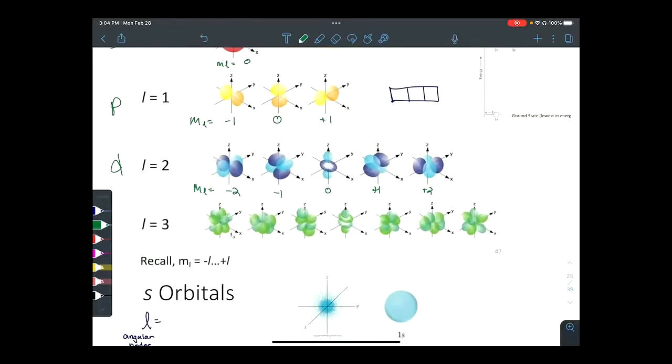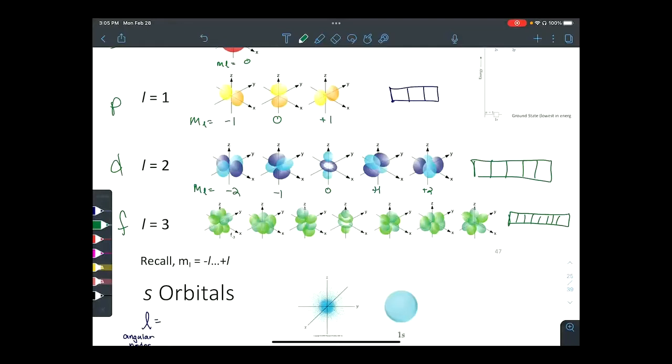That's why we have 5 different shapes. So you can imagine we can have 5 different boxes for a d orbital. And then the same thing for our f orbital. We don't really think about f orbitals too often. All right, and there would be 7 boxes or 7 different unique orbitals, and I have those shapes here. So you can see there's 7 different orbital shapes with our